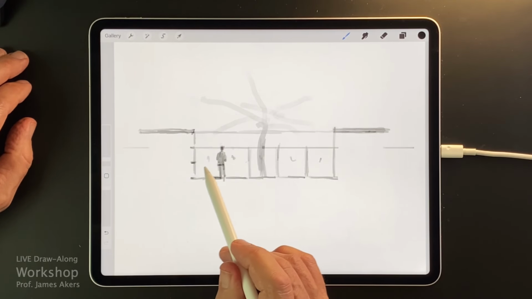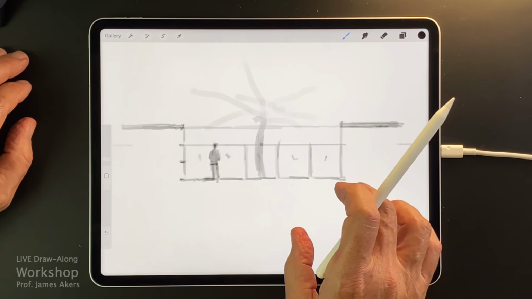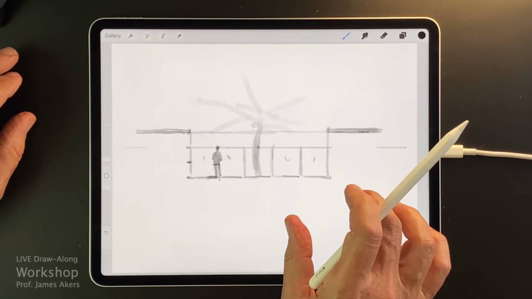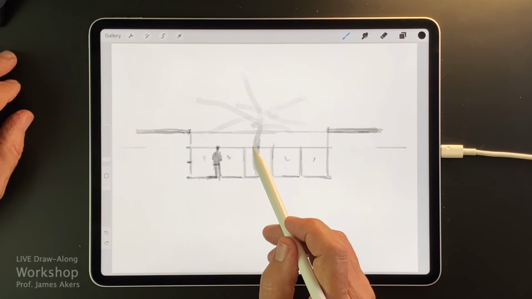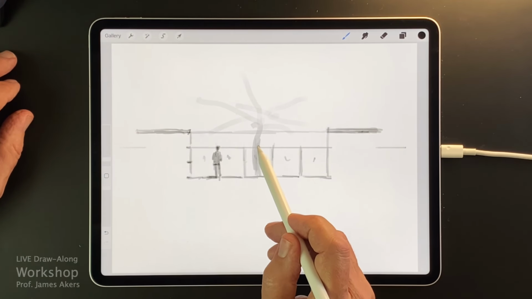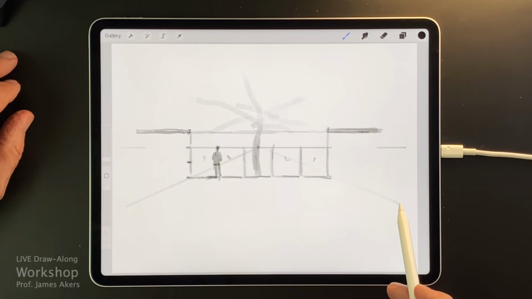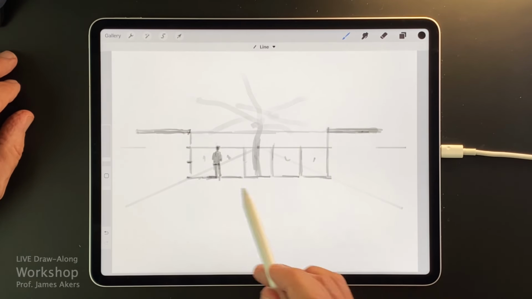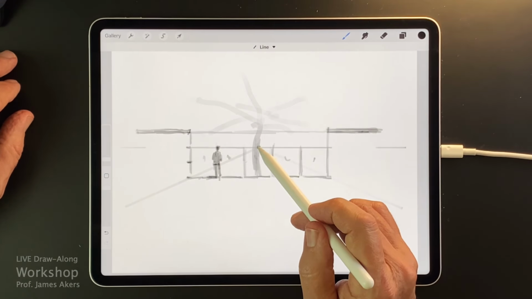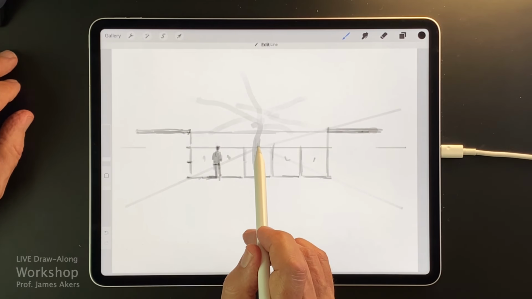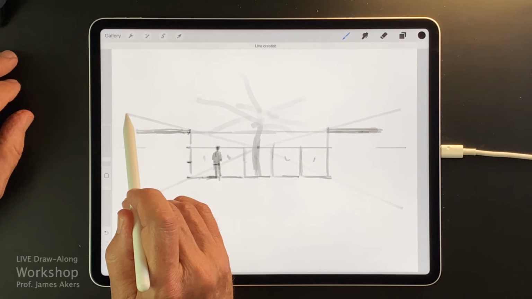Actually it's kind of late for that, so let's stick with the 1 point for now. I'm going to make this my 1 point, and I'm going to sort of lightly pull this out and then hold at the end. Basically I'm creating this lightweight underlay for the further development of this drawing.